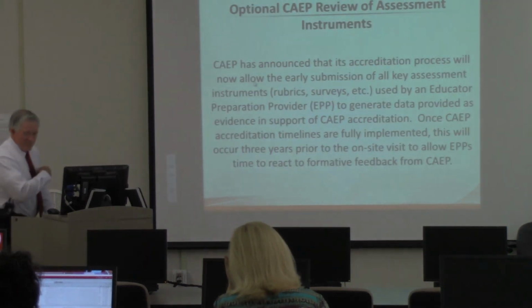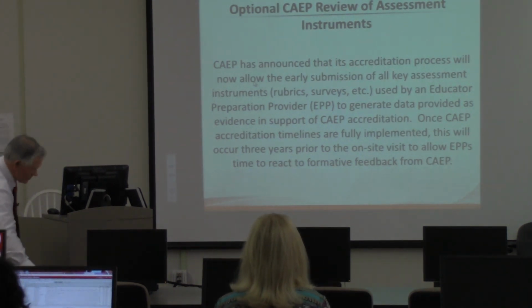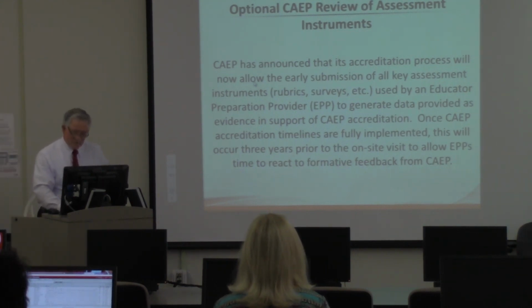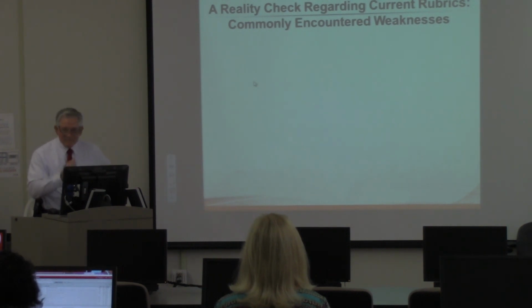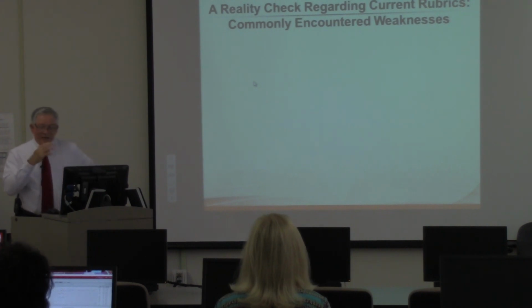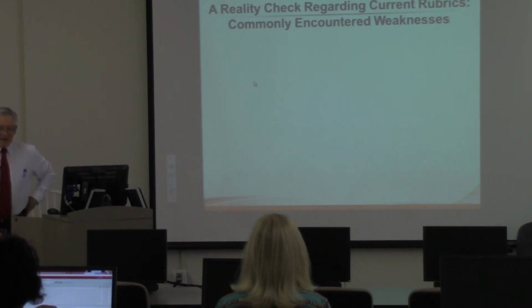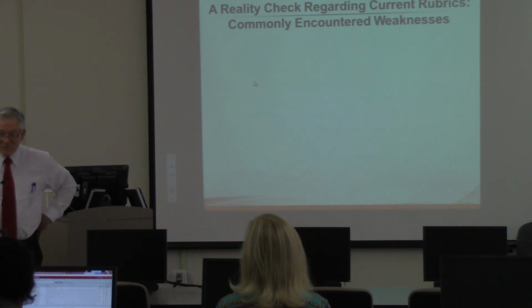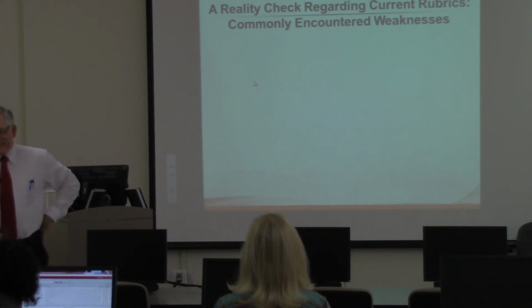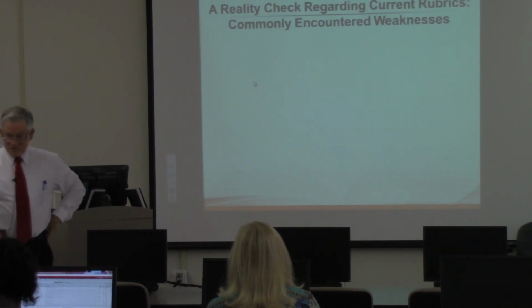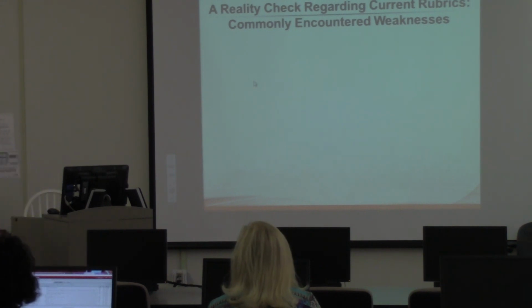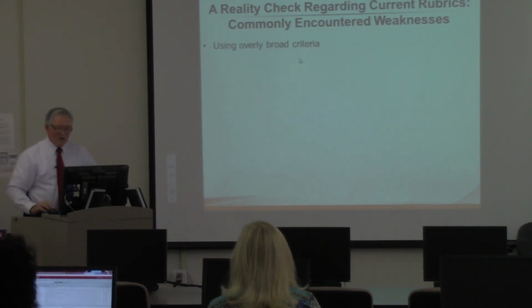I've already mentioned this. CAPE will review 3 years out our instruments, and those are only the ones that are used by the EPP. EPP is the whole college-wide. Now, a general list. And by the way, Melinda, Janet, Dr. Stobbs, Dr. Bavanese have seen most of these. I borrowed much of this from Dr. Lance Tomei, who is a consultant with AACTE, with CAPE and NCATE and LiveText all, and he is sort of the rubric guru out there whose expertise in evaluating rubrics is pretty well widely recognized. And he says there are commonly encountered weaknesses. One is using overly broad